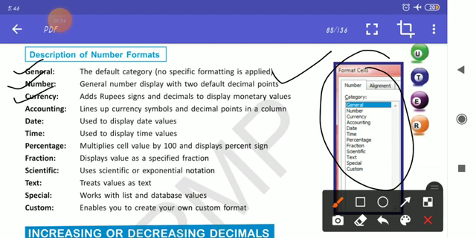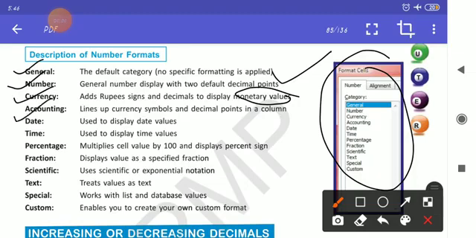Third one is Currency. Adds rupee sign and decimal to display monetary values. Okay, means it adds a rupee sign in your number as well as decimals to display monetary values.